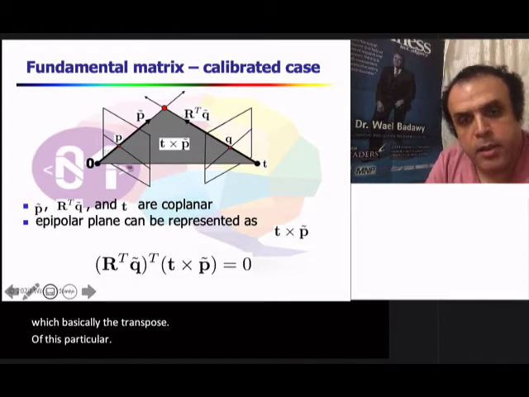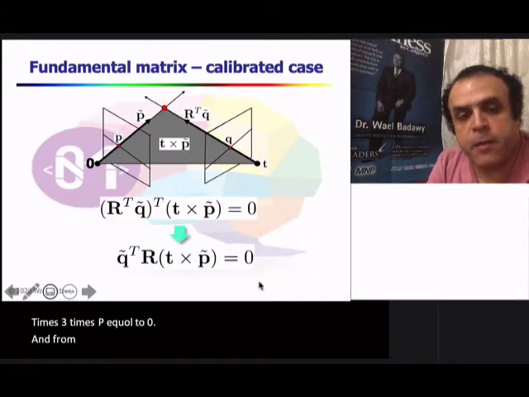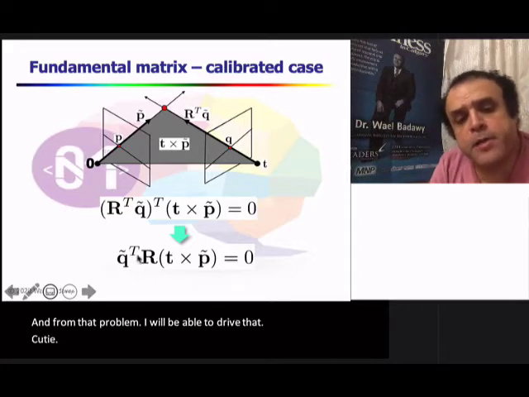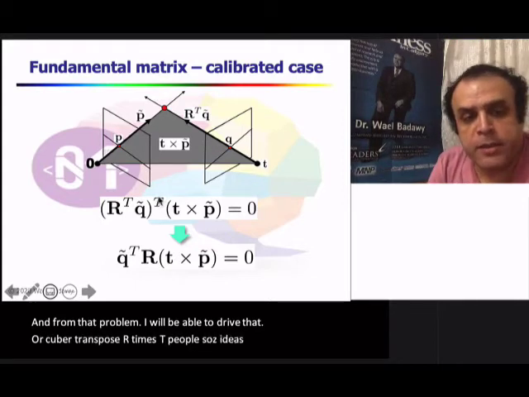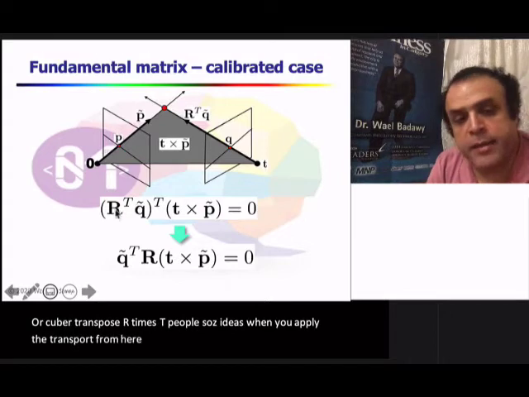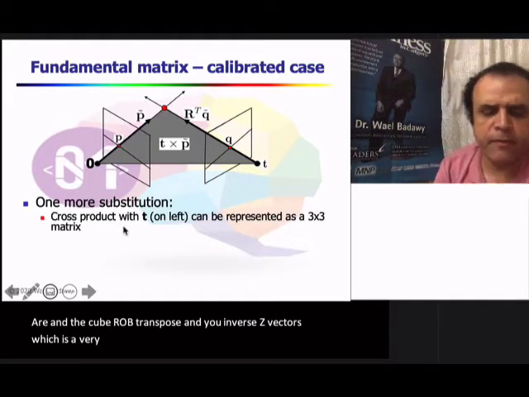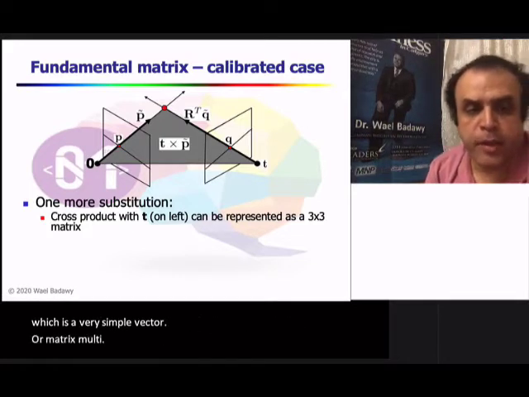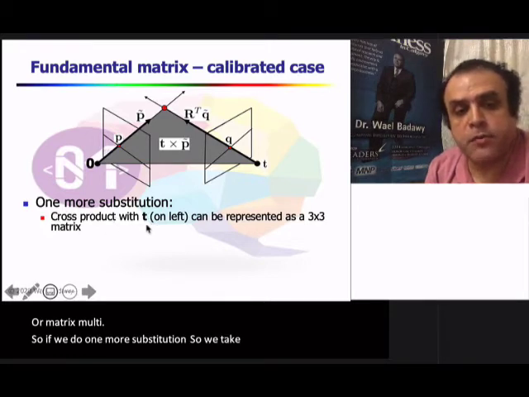the transpose of this particular vector times T times P equal to 0, and from that problem I will be able to derive that Q bar transpose R times T P bar. So the idea is when you apply the transpose from here inside and distribute, the transpose will become R and the Q bar will be transposed, and you invert the vectors, which is a very simple vector or matrix multiplication. So if we do one more substitution, we take the cross product of T,